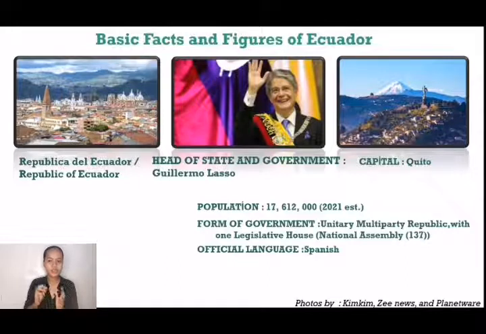Population is 17,612,000 people, estimated year 2021. Form of government is unitary, multi-party republic with one legislative house, National Assembly, 137. Official language is Spanish.